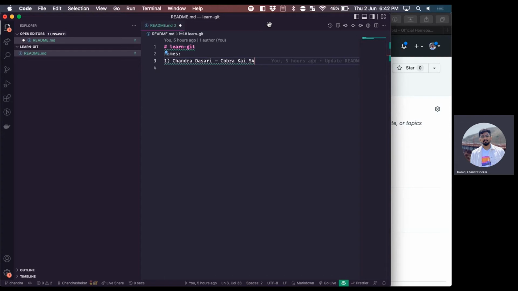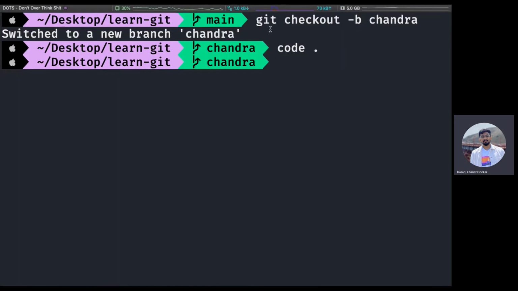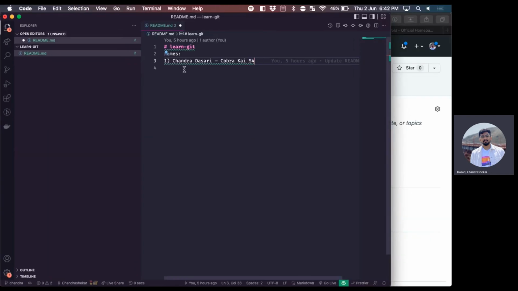Just make a new branch with your first name, open your code editor, and in the README file, add your name and the current show that you're watching.